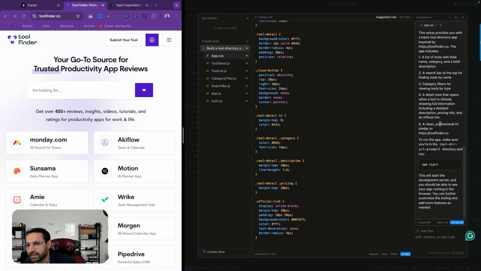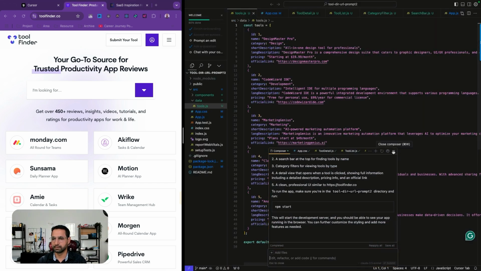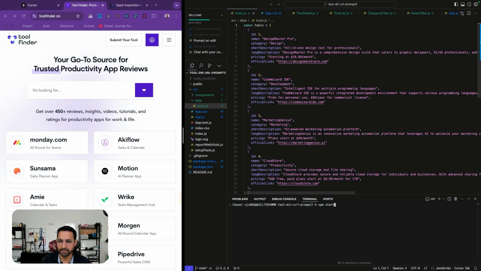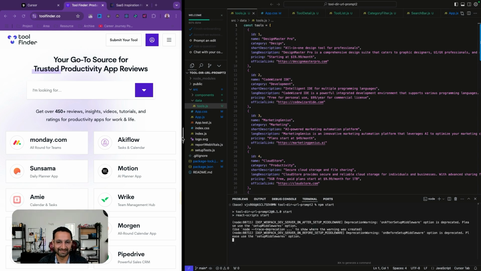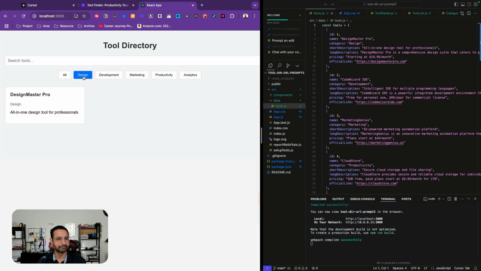All right, back to here. It's summarizing everything that it's done. I'm going to accept everything. Open terminal window, npm start. Are you ready for it? All right, nothing like this site, but